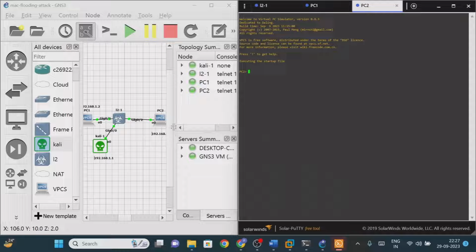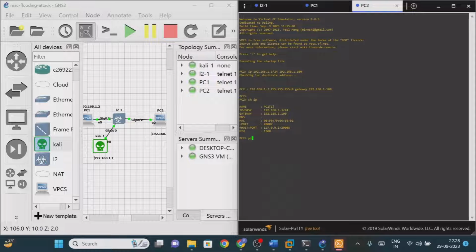What is the IP address we are trying to give here? The IP address we are trying to give is 192.168.1.3. Instead of giving the subnet mask, we can directly enter the prefix /24. The default gateway is 192.168.1.100. Now we have given this. Now just check the IP address. For that we need to use the command show ip. Now we have given the IP address for PC2 as well as PC1.